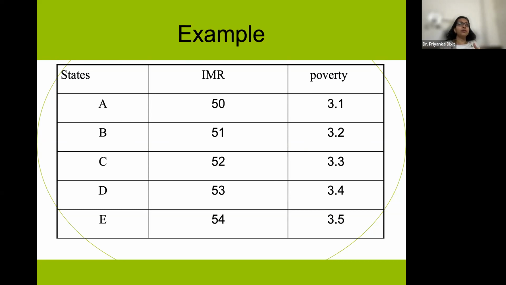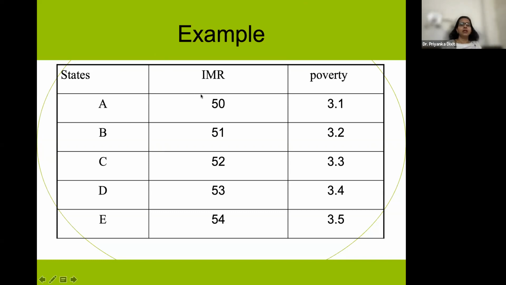We are also not in a position to say the direction of the relationship, and direction is actually not meaningful if your variable is categorical in nature. So this is clear, the difference between chi-square and correlation. Is it clear? If you have any doubt, you can ask, or write in the chat box.